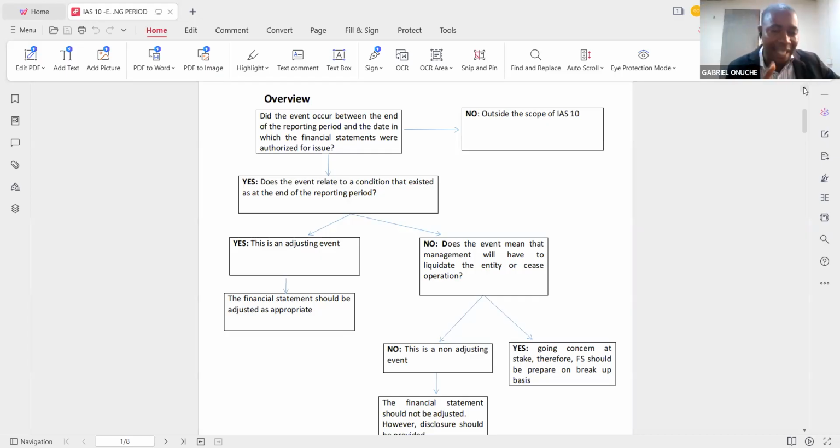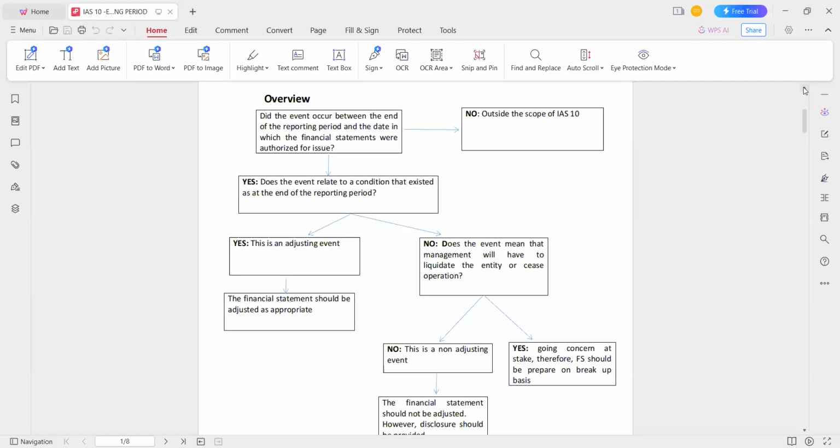Let's take note. If the answer to this question, does the event occur between the end of the financial reporting period and the date in which the financial statement is authorized for issue by the board of directors, is no, it means that any event that is outside this period is outside the scope of this standard, meaning it's not in line with IAS 10. On the other hand, if the answer is yes,